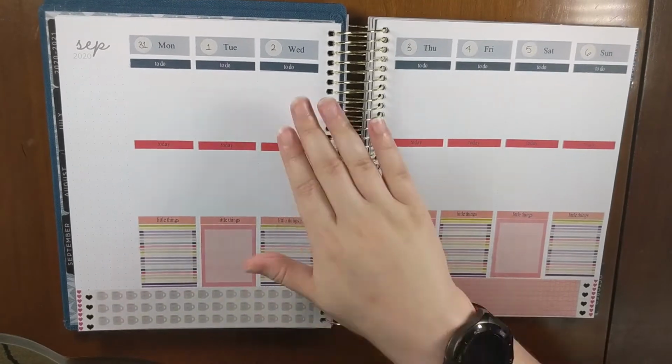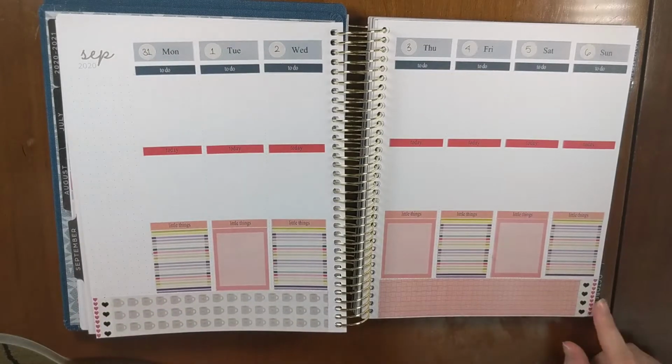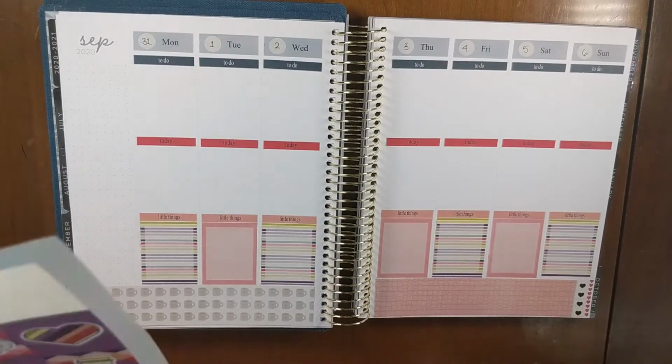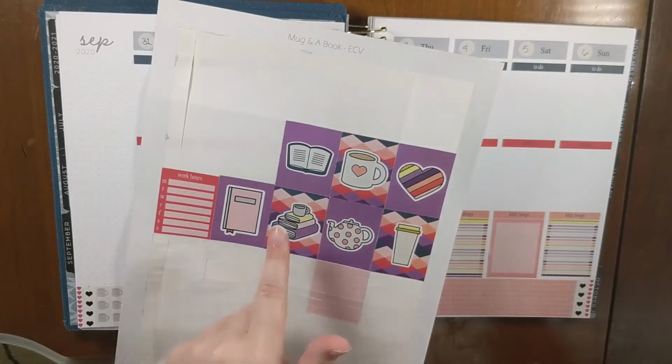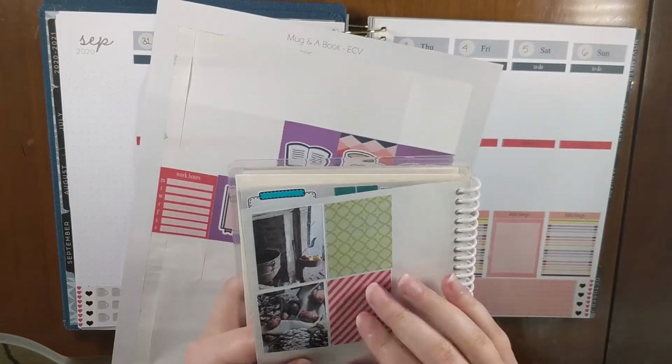Alright, here's where we currently stand with everything. As you can see, I ended up putting a couple of little washies on the edge to kind of finish them out. I think it kind of looks cute, so I'm going to leave it. As you can see, we only have 7 full boxes here. I'm going to actually incorporate this one, which is a leftover,